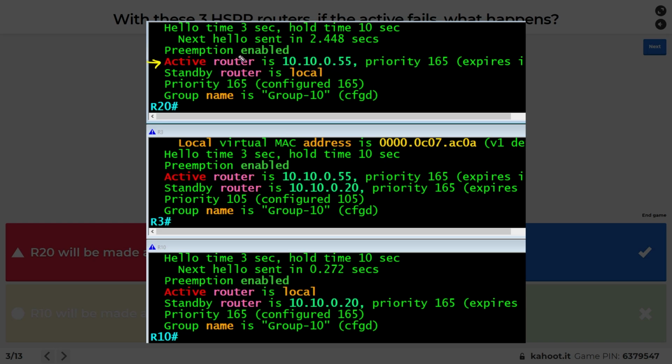If R20 was the active router, it would say local. So R20 is not the active. And R3 says active router is 10.10.0.55. At least they agree. So R3 is not the active. If we go down to R10, here it says active router is local. It's me. So we can just think of R10 as the active